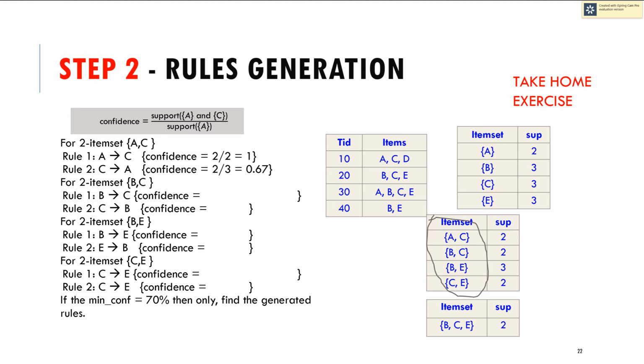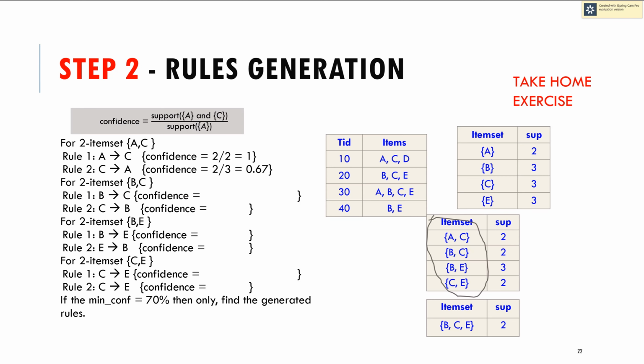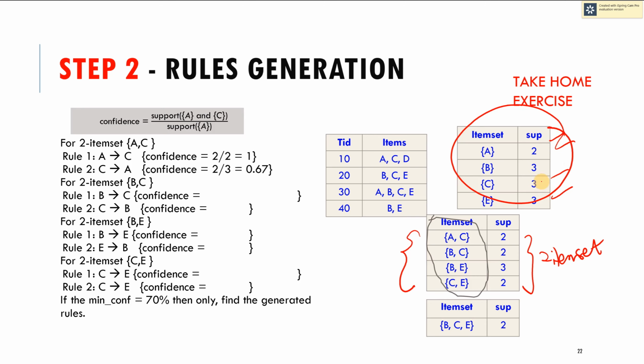We always calculate the confidence for two item sets, because we would like to see the association between the rules. Now from the item set of A and C, we will take a look at these two item sets here. For two item sets,